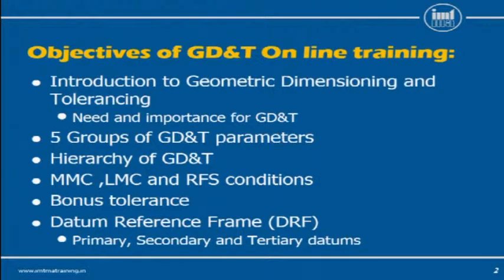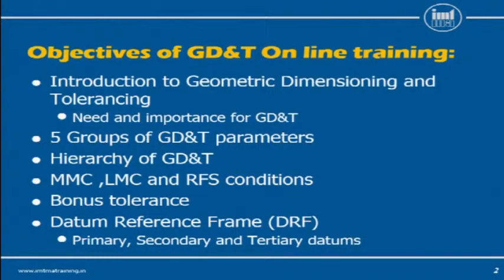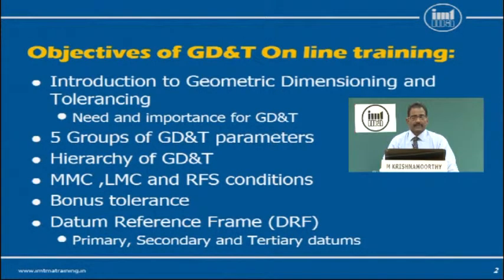The key objectives of this E-Train module on GD&T are to take you through an introduction to GD&T, the need of GD&T in engineering drawings, the 5 groups of GD&T parameters, the hierarchy of GD&T implementation, then a clear understanding of MMC, LMC and RFS conditions, when each condition would be applicable, then the meaning of bonus tolerance and its advantages,